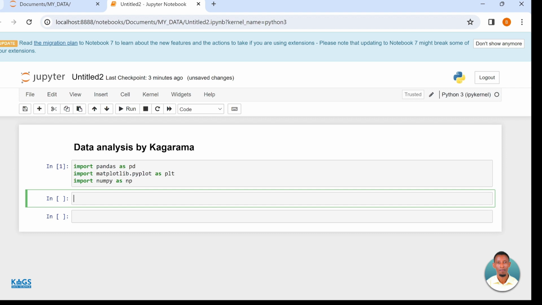For instance, let us call it auto. Auto equal to pd, pandas. As I told you last time, one of the functions of pandas is to import and export data frames. Equal to pd.read_excel,